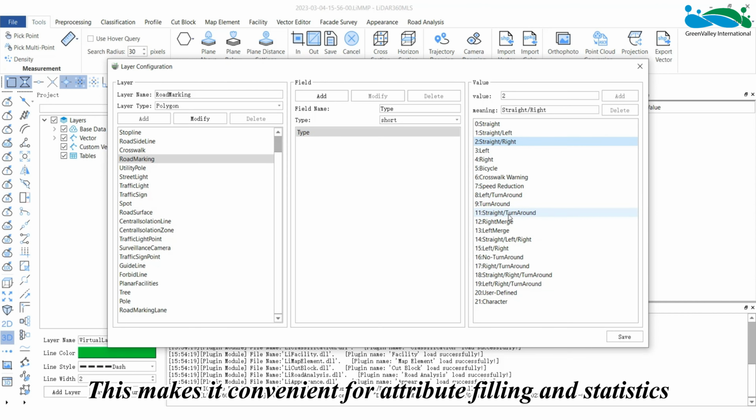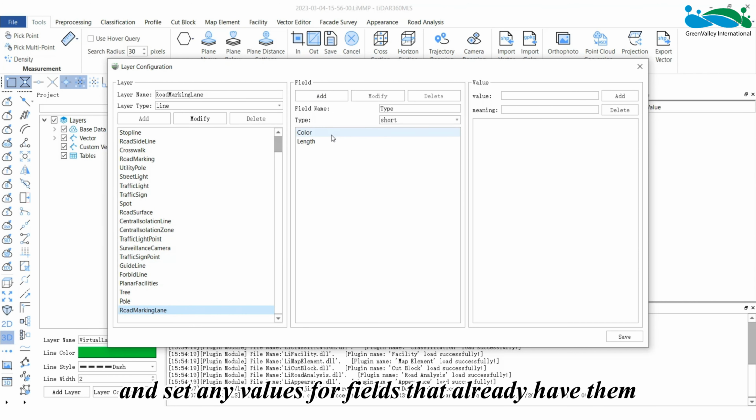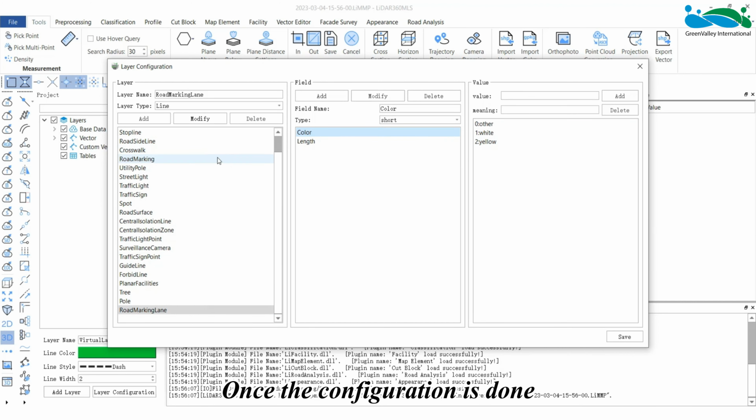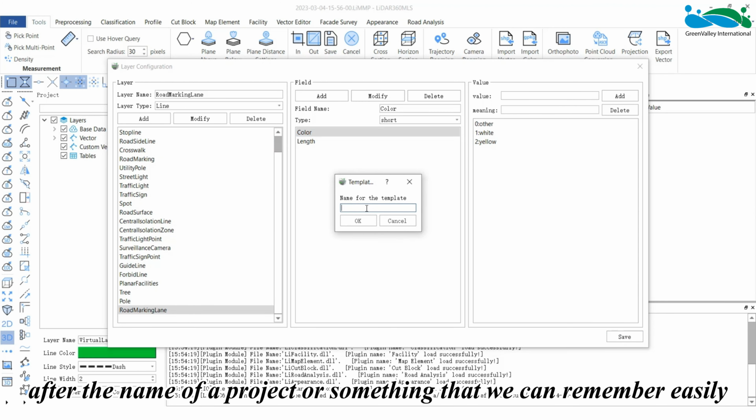This makes it convenient for attribute filling and statistics. Based on our specifications, we can define the attributes of each layer and set any values for fields that already have them. Once the configuration is done, click Save and name the custom template. For example, after the name of a project or something that we can remember easily.